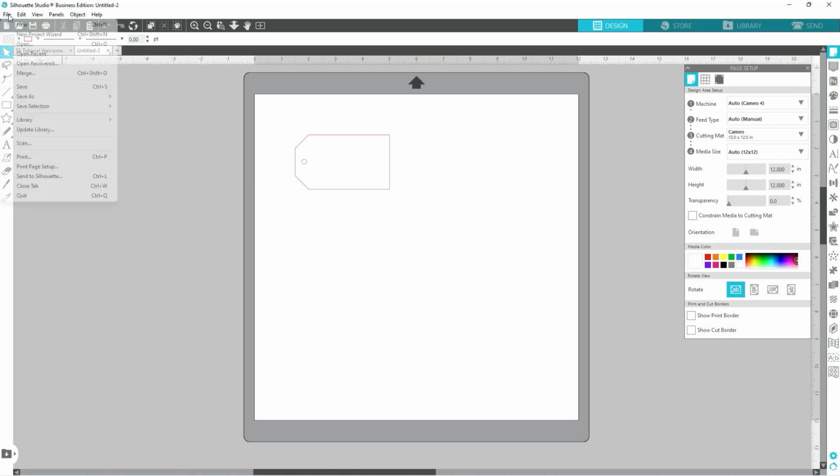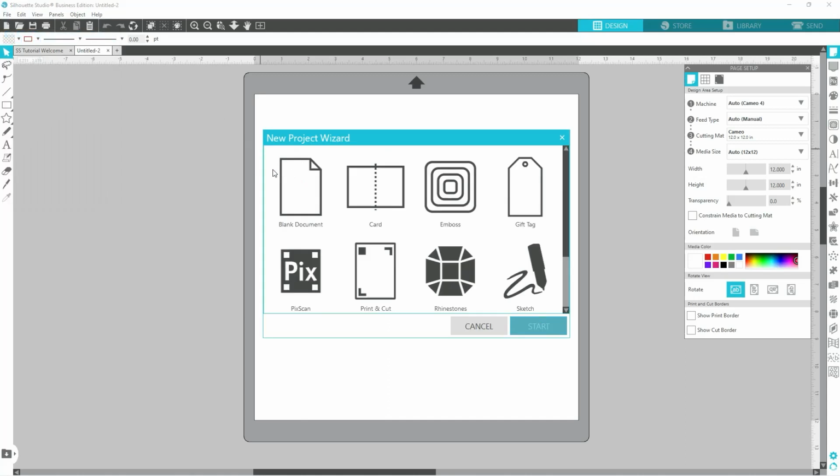So let's just quickly look at what's all here. You can do just a regular blank document, which you can also get by hitting this plus sign, and it brings you the same thing. You've got a lovely card design here. This one starts with a 5x7. Embossing is here, and that does not work with the Cameo. I believe that is a Curio